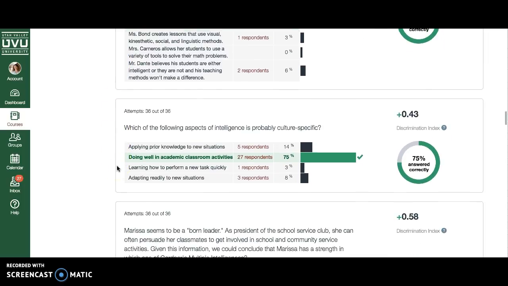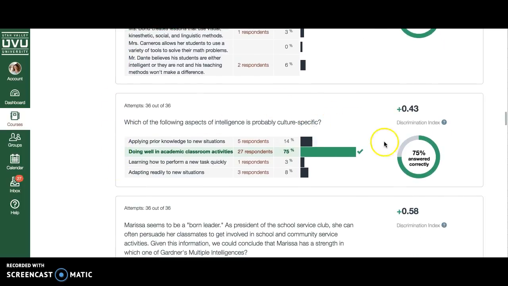So this question regarding culture specific, this is the one we struggled with the most. I'm seeing only 75% of you answered this one correctly. So that's obviously something that I should probably reteach, and I'll do that right now. So we'll also talk about it a little bit more in our next unit, but